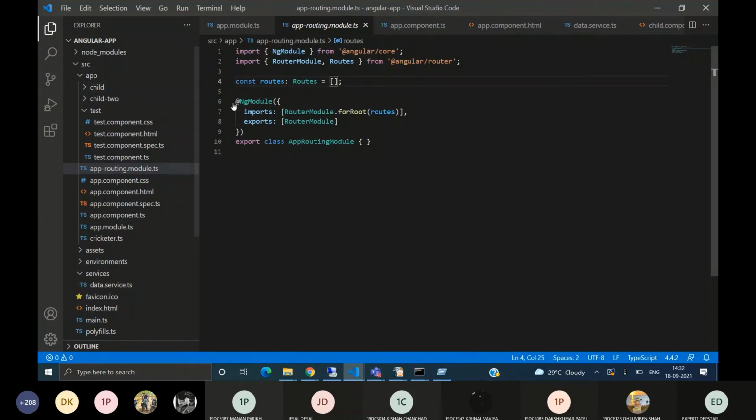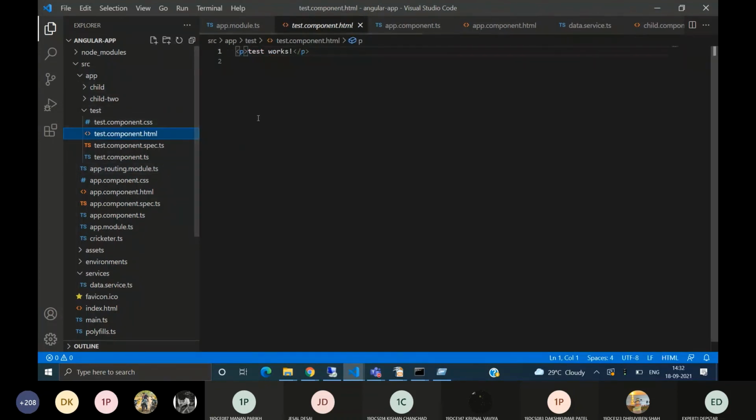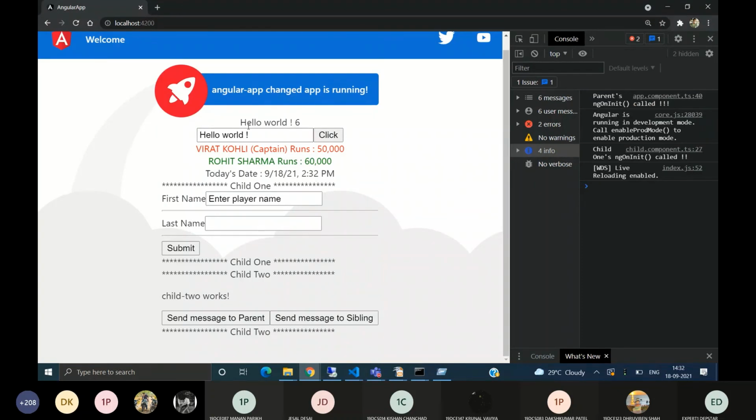Now to give a path to this test component, we don't want to use it as a child component. We want to use it for routing.